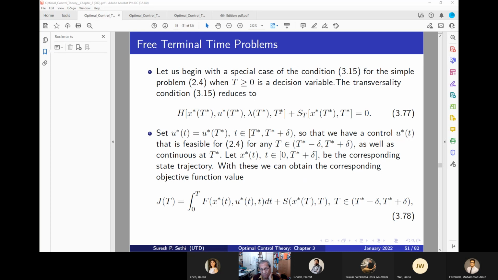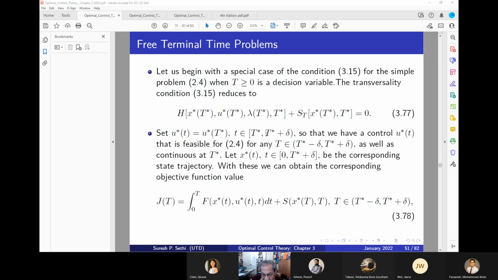So let's assume that we have a T star that satisfies this condition. If it satisfies this condition, then any t in T star to T star plus delta, which is not T star, should give me a lower value of the objective function. So if I change the T star a little bit, if I increase the T star a little bit, I should not get a good value of the objective function. I should get a lower value of the objective function. If I decrease the T star a little bit,